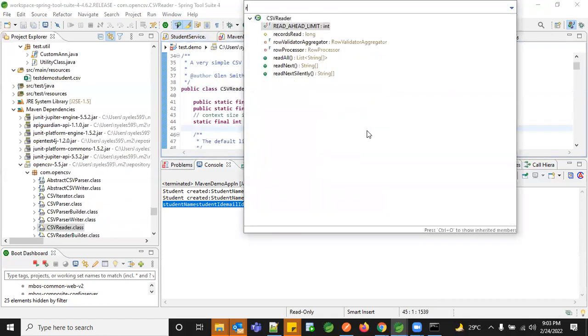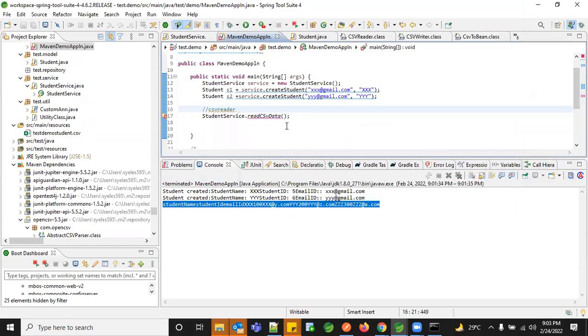What was that? You see here, read all. And read next silently. Yeah, we'll explore both things. There is read all and read next silently. We'll first try with read all and then we'll come to read next silently.